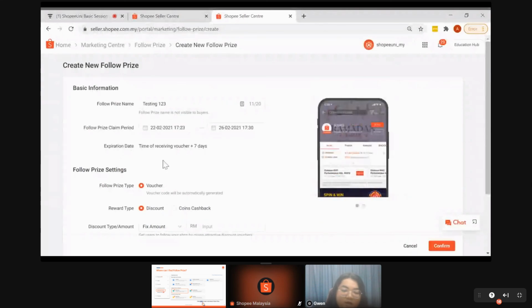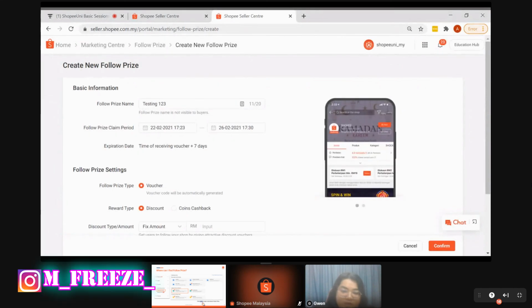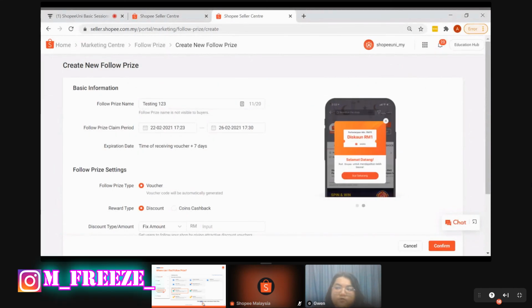So this is the expiration date, which means when the buyer claims the voucher, they need to use it within 7 days. If not, the voucher will expire. So please take note of this. This is a very good function to